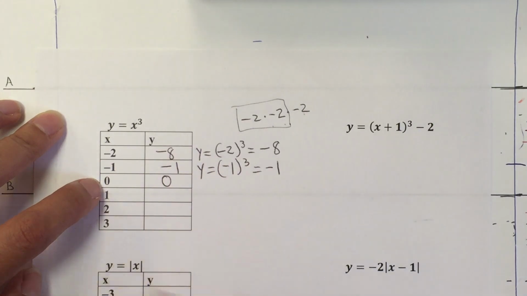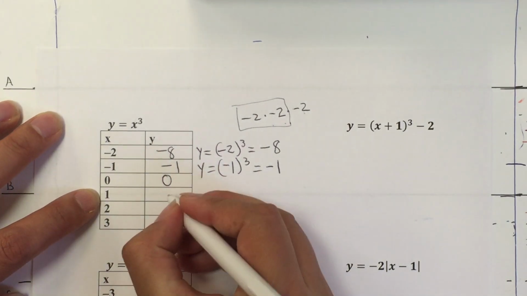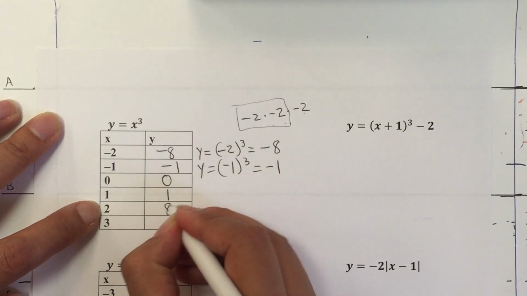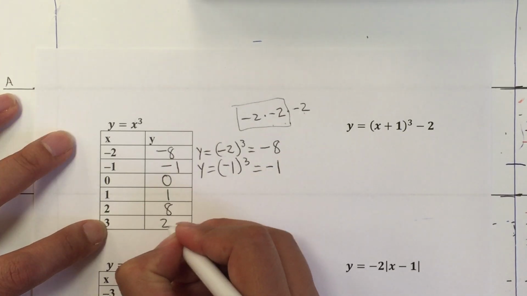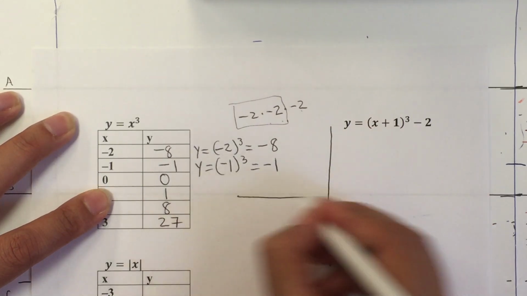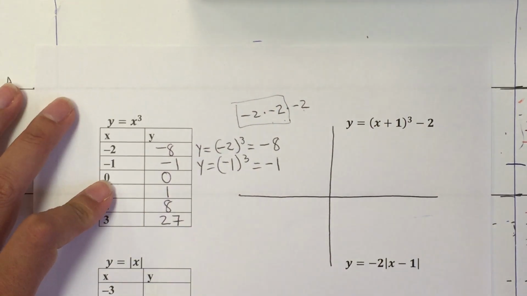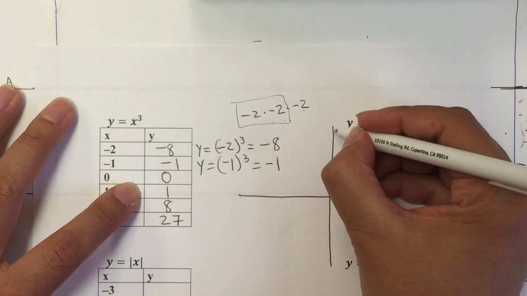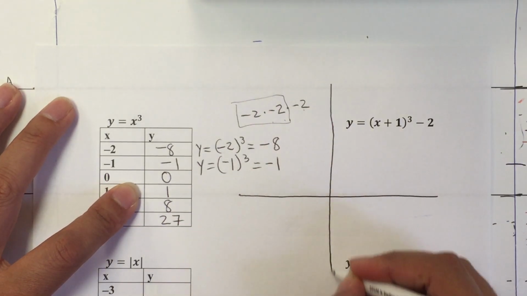0 is just 0 times 0 times 0, so 0. 1 times 1 times 1 is 1. 2 times 2 is 4 times 2 is 8. And then 3 times 3 times 3, that's 27. So I'm going a little faster because I think you're getting the hang of it. And I noticed that for my y, I need bigger numbers, so I think I'm just gonna invade a little